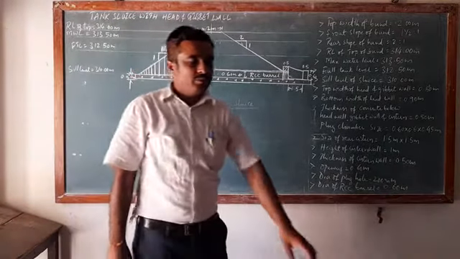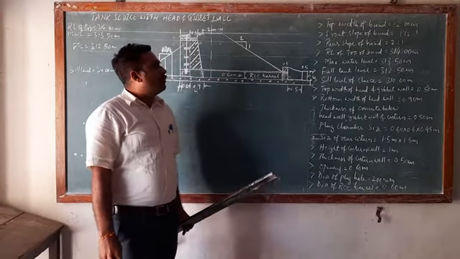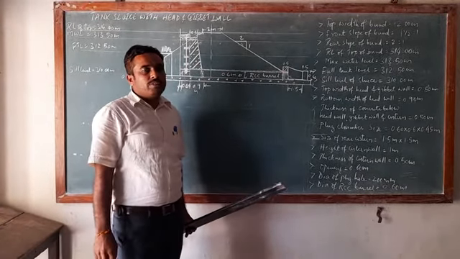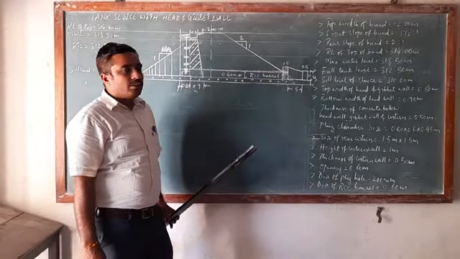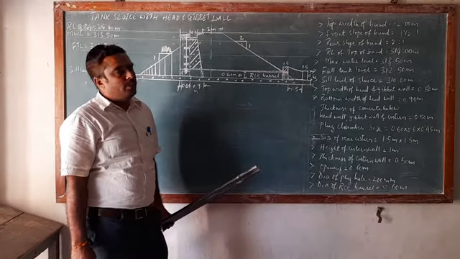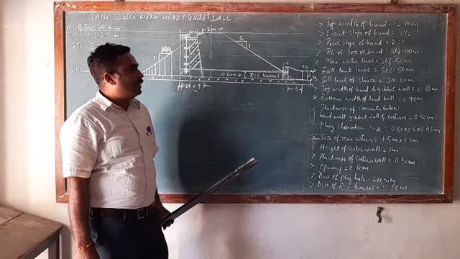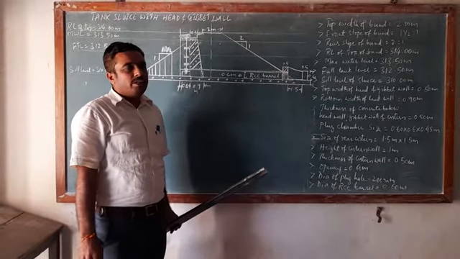Dear students, in our previous video, we understood how to draw the first view, that is the longitudinal section for the earthen bund from the given data. So, in this session, we shall understand how to draw the second view, that is the half plan at top and half plan at bottom.